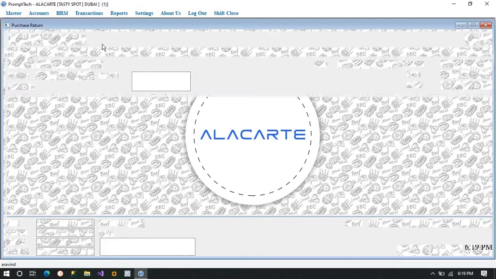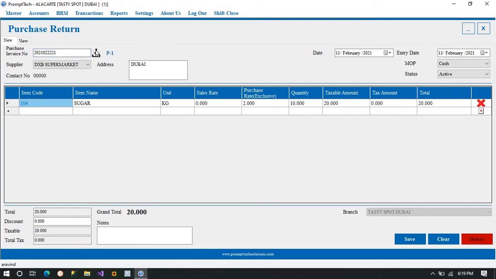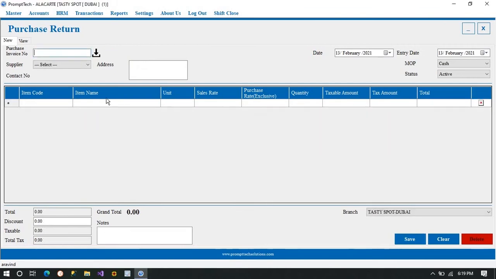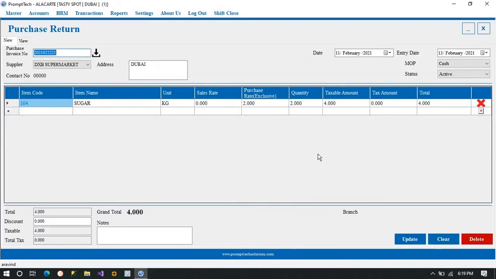Let's talk about purchase return. Right now, here purchase return is if you have any purchase which has been returned, you can get the thing recorded over here. You have to just insert the invoice number, supplier. The thing will automatically appear over here. You can change it or save it. Now I have changed it, and I'll see in the invoice the person is already there. So the invoice can be generated.